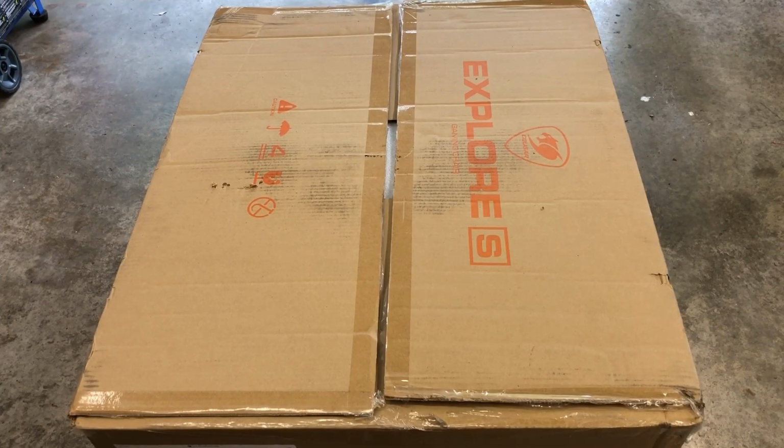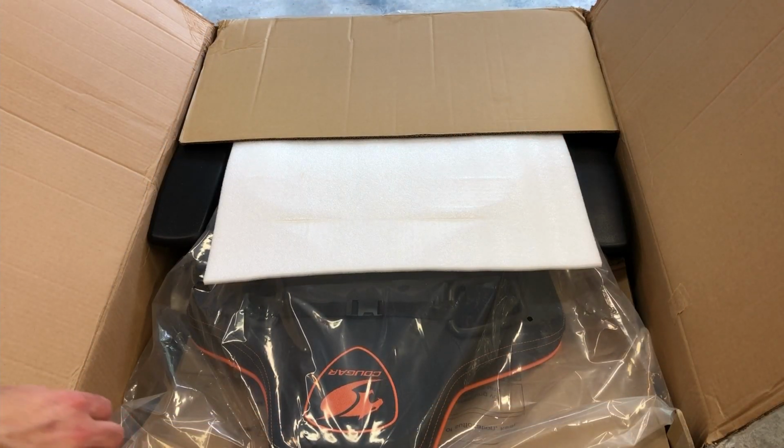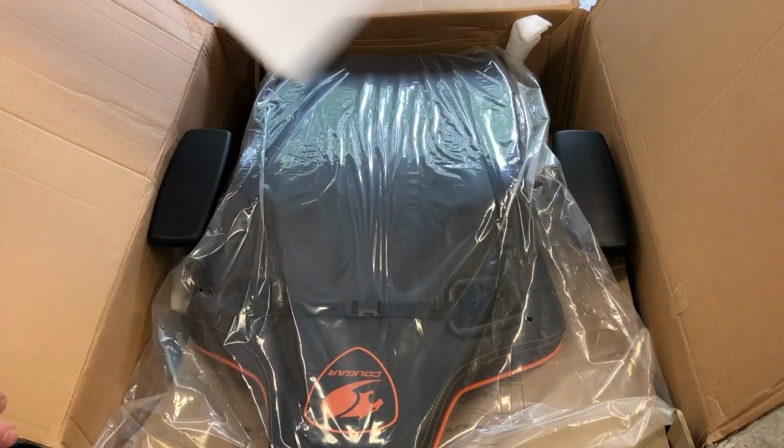So the studio is absolutely full. There's no room in there for putting together a gaming chair, so I'm going to have to do it out here, just outside of the studio. So let's start and get this thing out of the box. So this is the Explore S from Cougar Gaming,